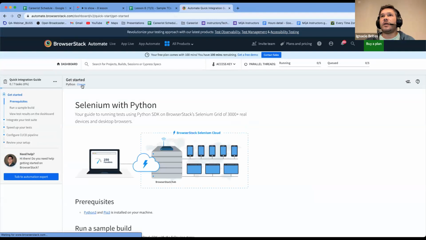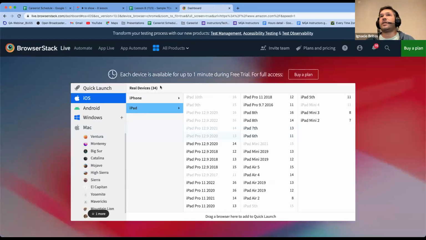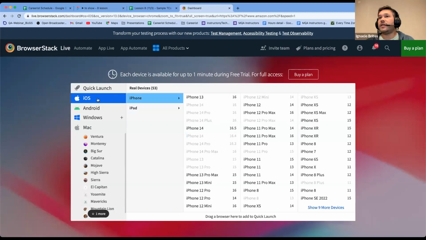I have a free testing user. So for me, for example, here, let me check if you can see my... yes, you can see that. And here for manual testing, we can use iOS devices, like iOS, the operating system, iPhone. I can open, for example, a Chrome web browser in an iPhone 14. So if I click here,